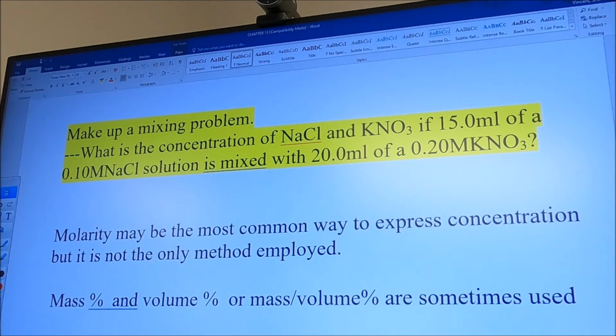So here's a problem. It says, what is the concentration of sodium chloride and potassium nitrate if 15 milliliters of a 0.1 molar NaCl solution are mixed with 20 milliliters of a 0.2 molar potassium nitrate? So I've got 15 milliliters of a 0.10 molar NaCl, and I've got 20.0 milliliters of a 0.20 molar KNO3. Okay, so let's go